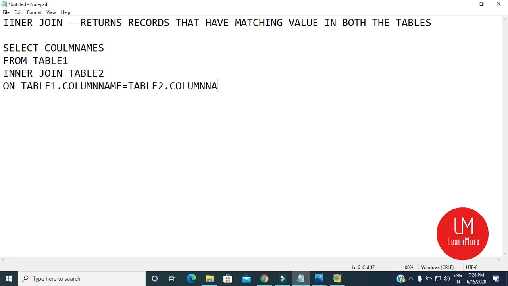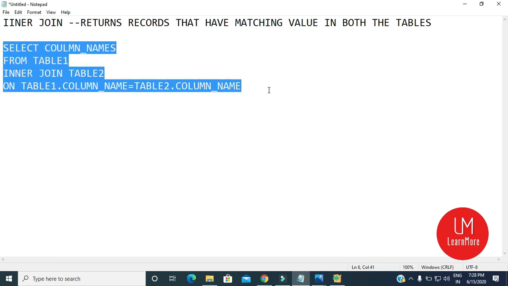Okay, this is the syntax of inner join. First of all, you have to mention which columns you want to select from the first table, then inner join the second table, then you have to mention the common column, table 1 dot column name equal to table 2 dot column name, and this is the syntax of inner join.